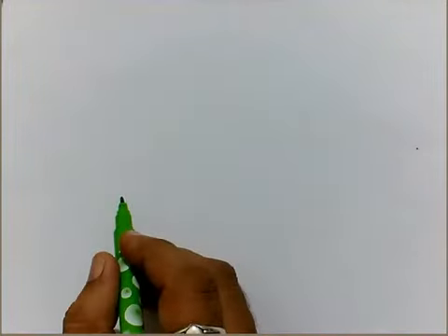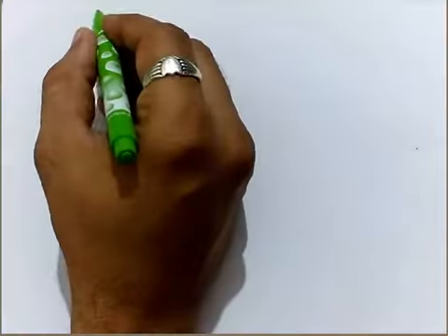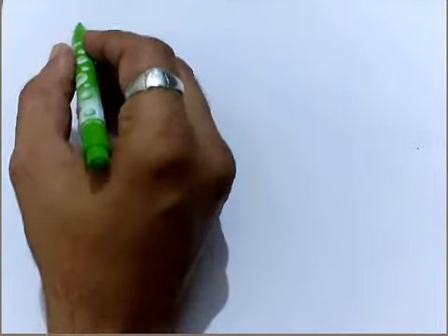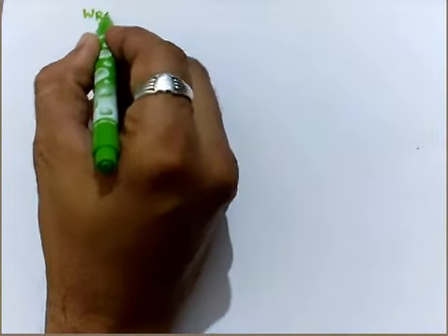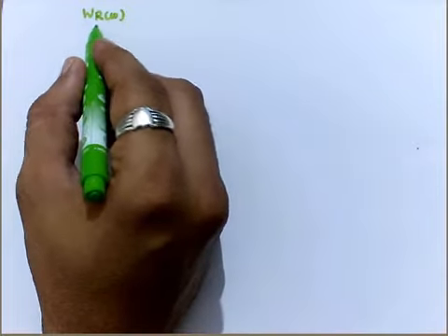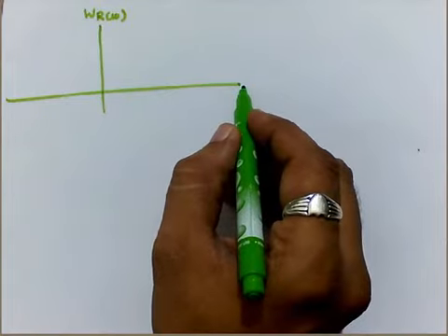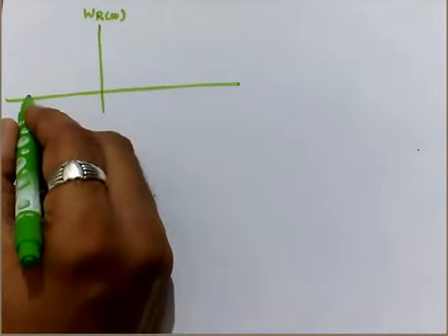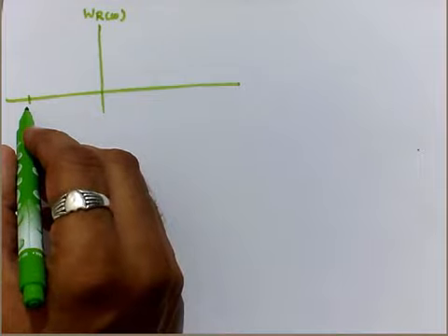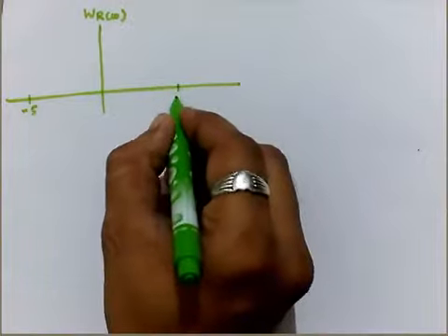Hello students, let's proceed for the next section of rectangular window. In the last section we have seen the symmetrical approach of the rectangular window. Means if I want to plot WR of omega or WR of e raised to j omega, it will show the frequency response of rectangular window, let's say for n is equal to 11. So for n is equal to 11 means it is ranging from -5 to +5.